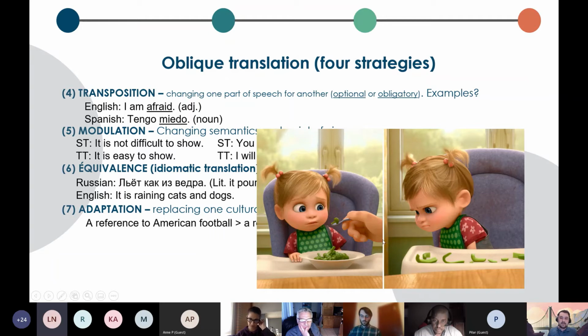However, when the movie was adapted for Japan, broccoli is not a hated vegetable as it is in American culture. So it was replaced with bell peppers, with green peppers here, as you can see. She doesn't want to eat the green peppers. That's a very good example of an adaptation. Like I said, not necessarily in textual form, but nonetheless an adaptation. And sometimes in translation, it's important to do that.